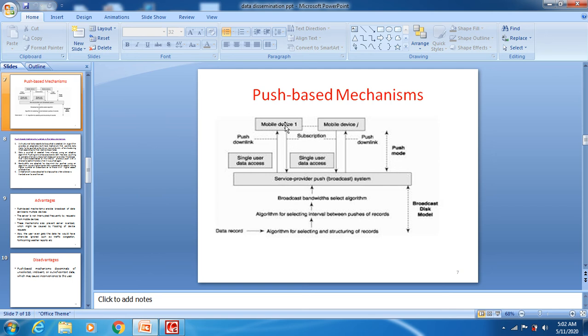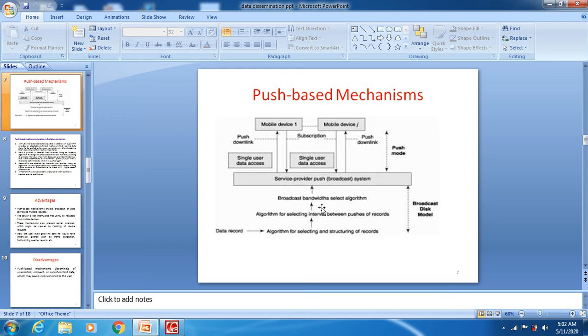Server to the client. You can see the arrow direction, from server to the client. We are using the push downlink. So what will happen in this? The server will broadcast data to the clients. This is called a push based mechanism.